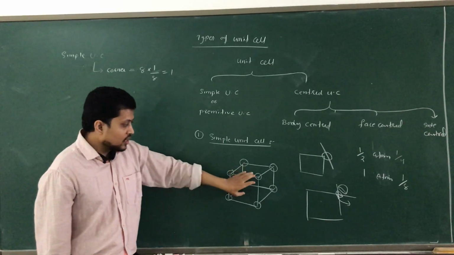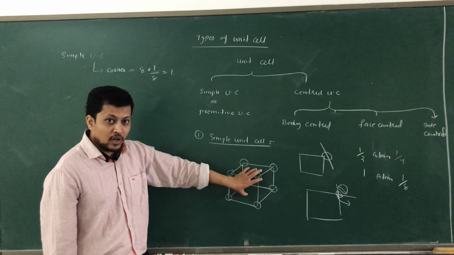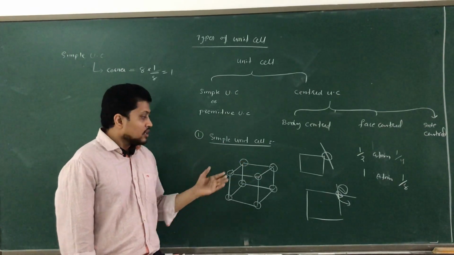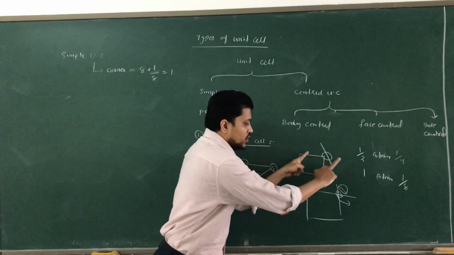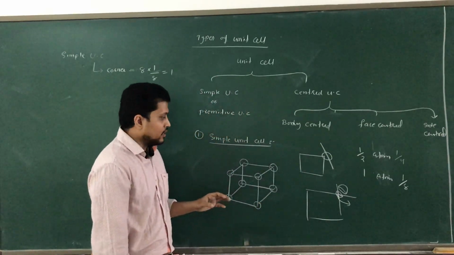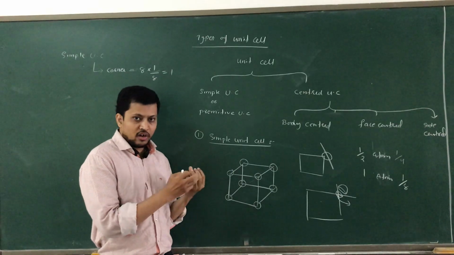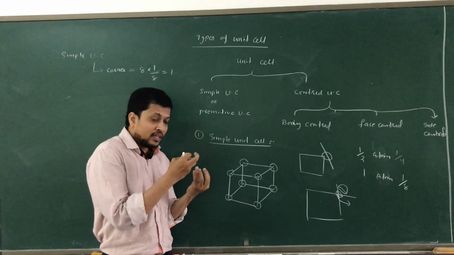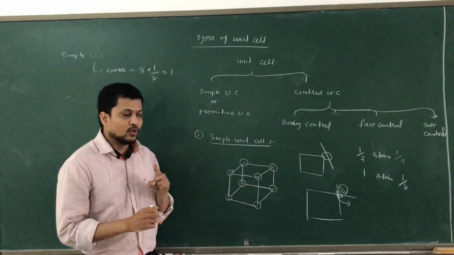That means this simple unit cell is having how many atom belongs to it personally? Only 1. So this is what we call simple unit cell. And this portion you need to understand. Then only you can understand how many atoms we are going to have in the corner. So in the corner we have 1 atom, and that 1 atom sharing only 1/8 part of it to this particular unit cell. That you need to understand.